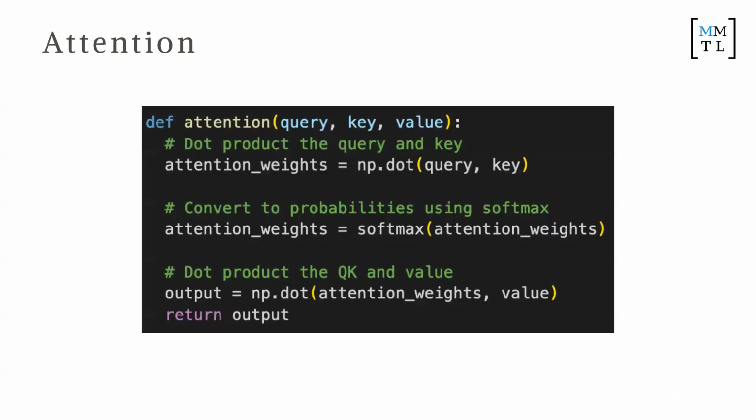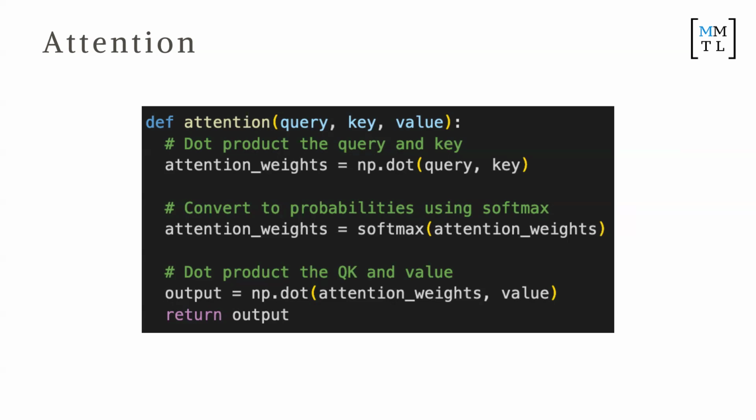Now, this is actually what the attention function looks like. It is 3 or 4 lines. It's very, very short. So it's something that you could potentially write now. And what does it do? It's a function that accepts a query, key, and value. These should be vectors or matrices. You take the dot product of query and key. That's how you calculate the difference between query and key. You have the query, and you want to calculate the relevance between different words. That's all that is.